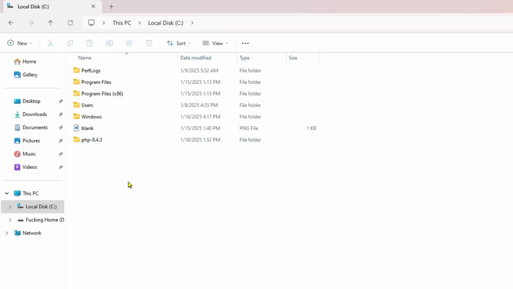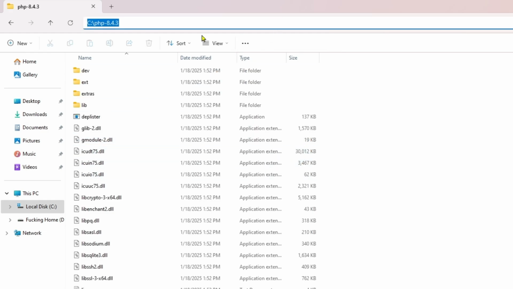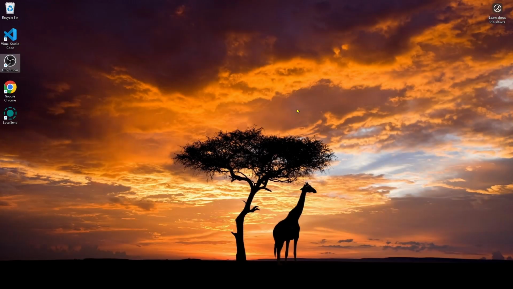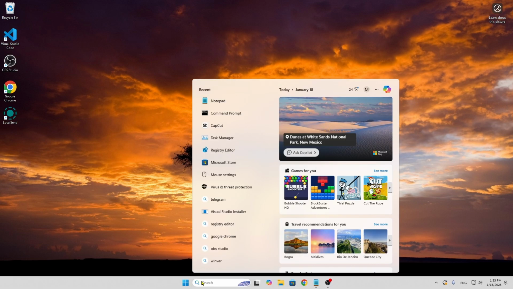After that, we're going to click on it two times and copy this simple location, or you can cut it or copy it. You can see, you can simply copy it. And now we're going to close the file explorer, go to the search option, and search for